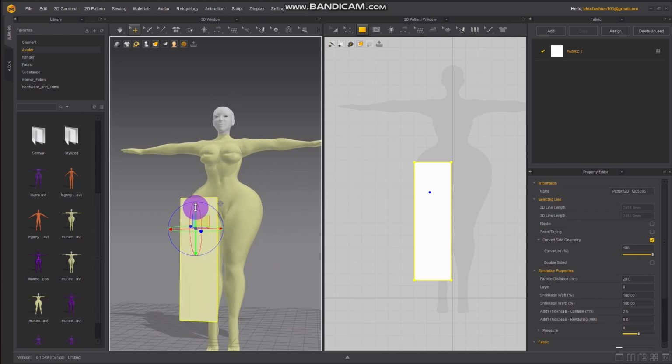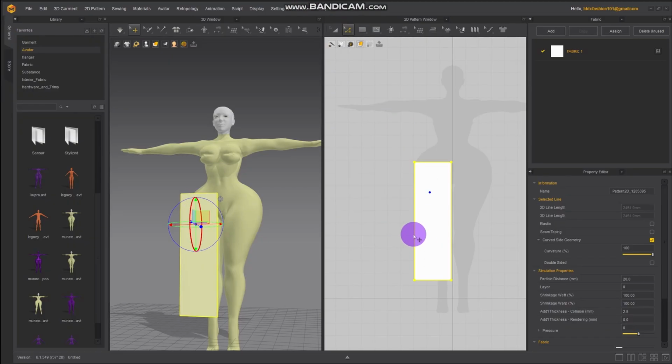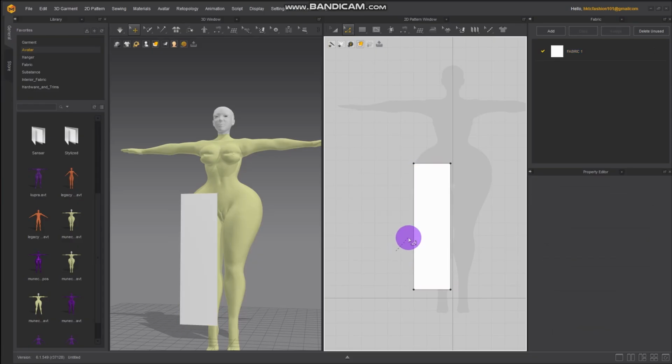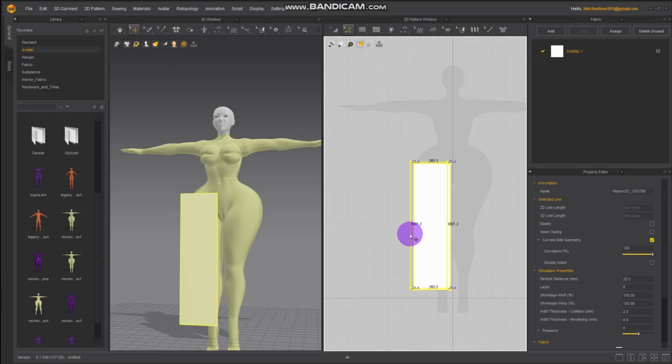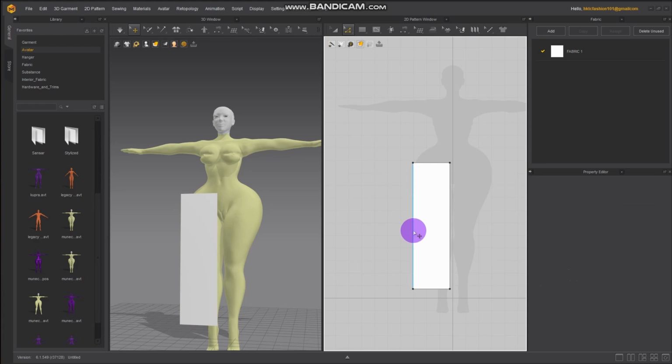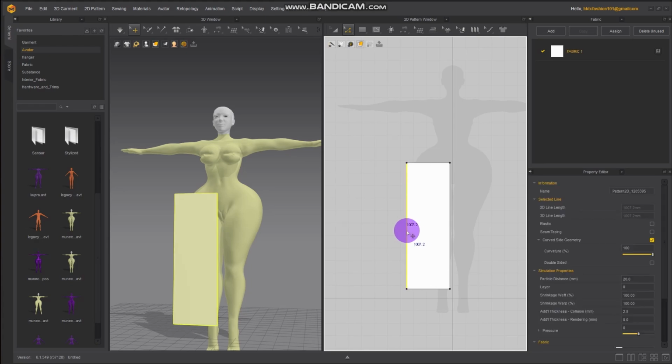And this time, make a pair of pants. Now with this particular body, I'm going to have to make this a little bit longer, a little bit wider, because she does have some hips. So once you get to that point,